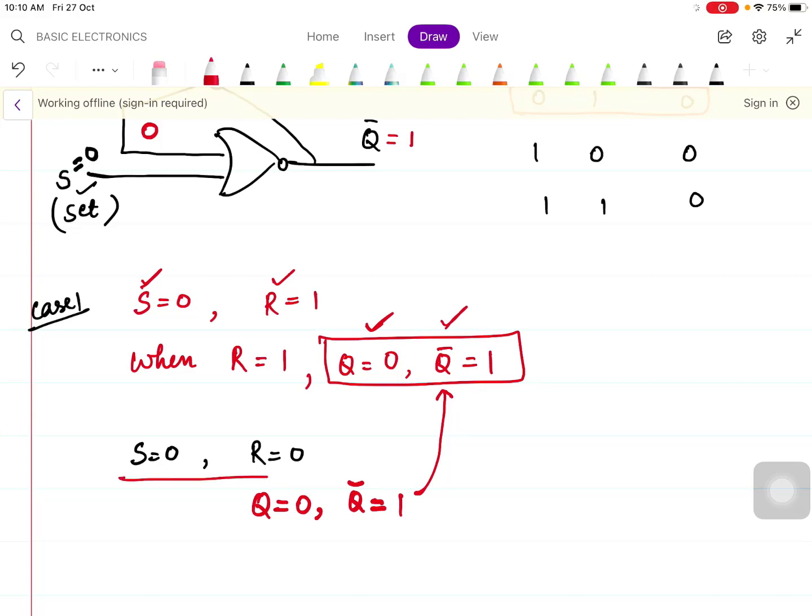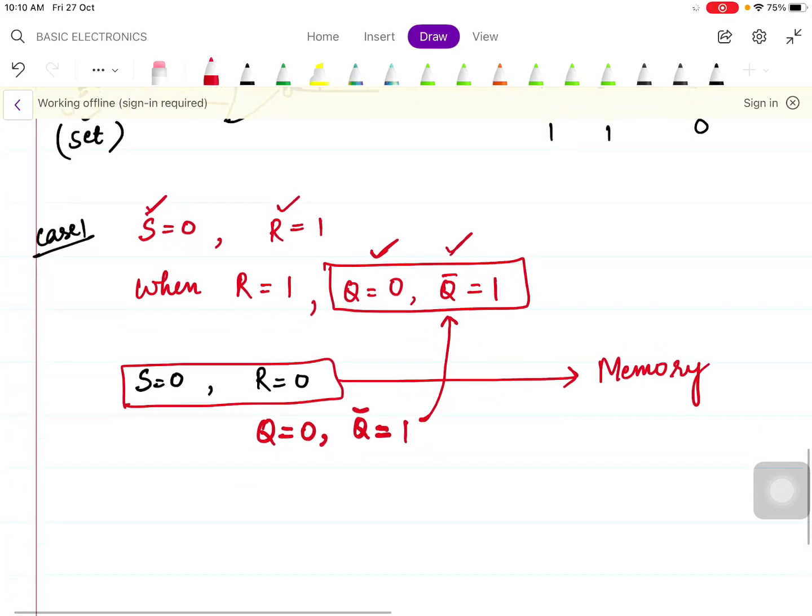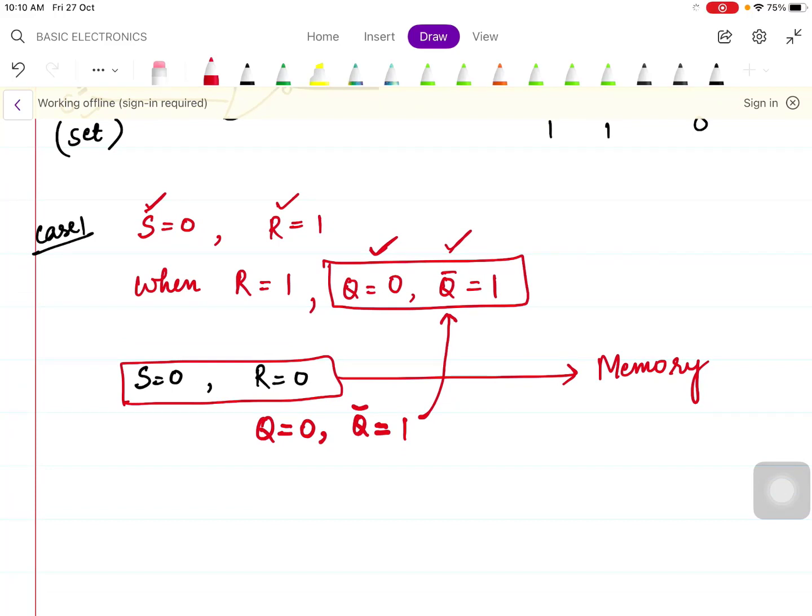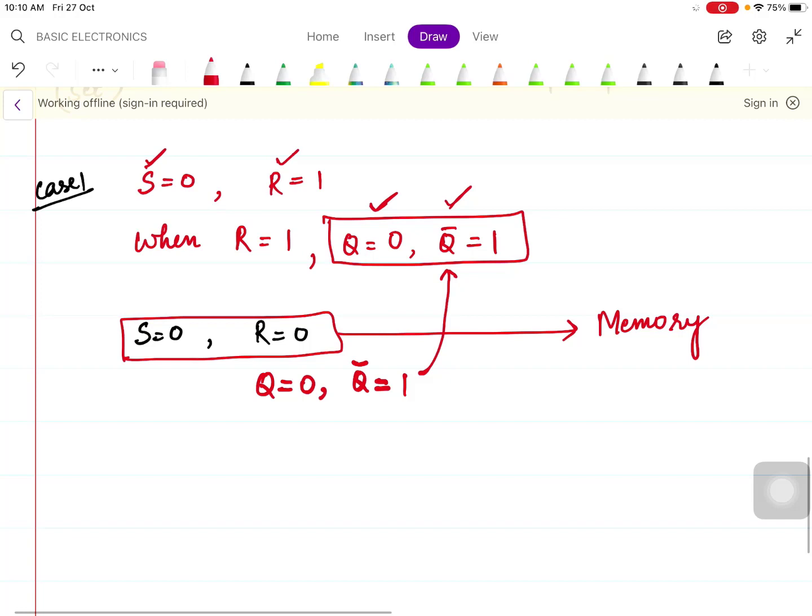So that means this particular portion, when S and R is equal to 0, this will act as the memory. We can see it in the further cases also, that whatever the output is there, if we put S and R equal to 0 after that, then it will retain that particular output. So basically this condition is the memory part. That means when a latch has to hold some data, the values to be given as input to the latch are 0, 0. Then it holds the data. It maintains the capability to hold the data.